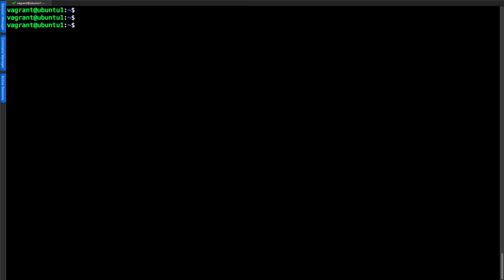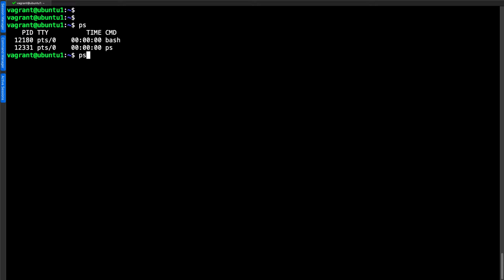We want to investigate some of the differences between login shells and non-login shells. The first thing I'm going to do is just type ps for my process state command. We can see that I was running ps and that was running inside of a bash shell. But we have no idea whether that was a login shell or a non-login shell.